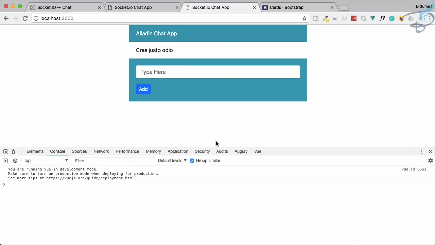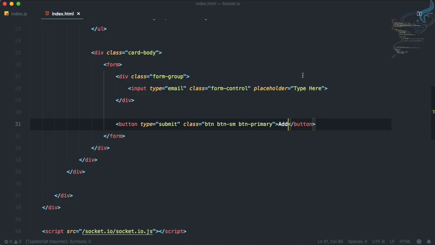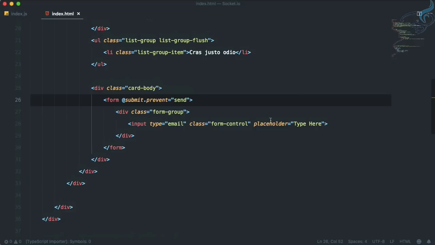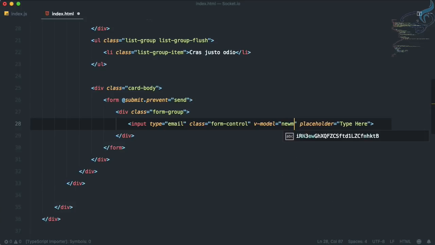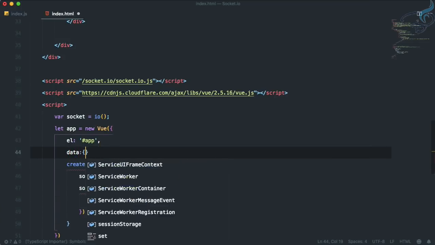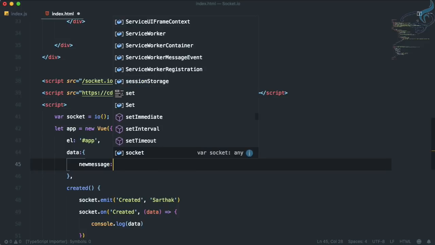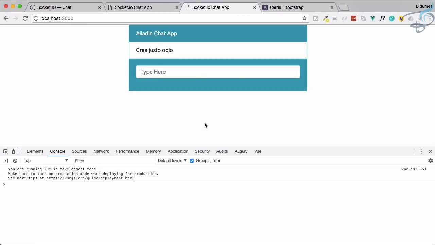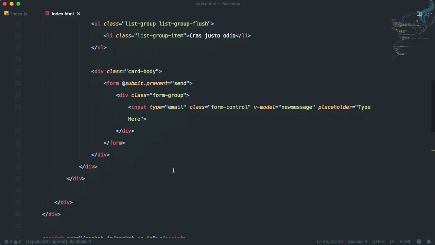Okay, refresh. Good, but this add has to be here, or I think we don't need any button. We will use direct form submit. So @submit.prevent, and we will say send. This is the method we will create in our Vue. Okay, and let's initialize v-model of newMessage. So newMessage will be here. So let's create data, and the data is newMessage which is initially null. Good, and let's see what we need. Okay, and we need another data